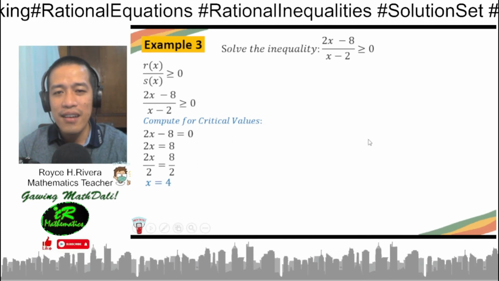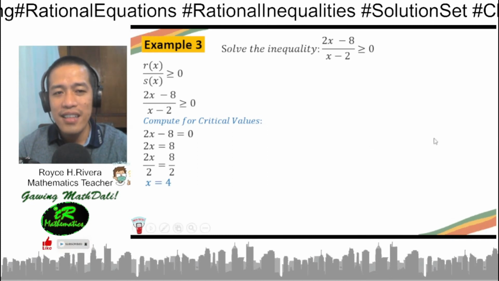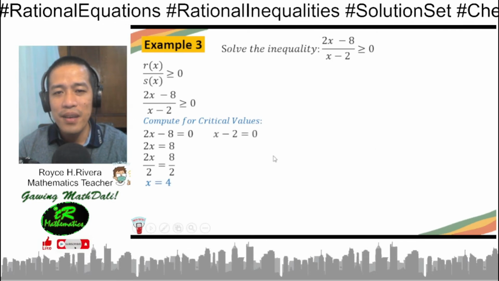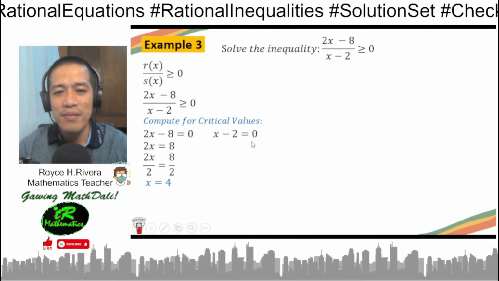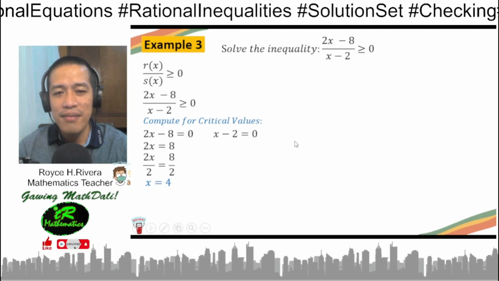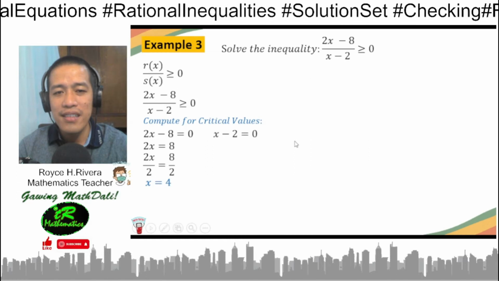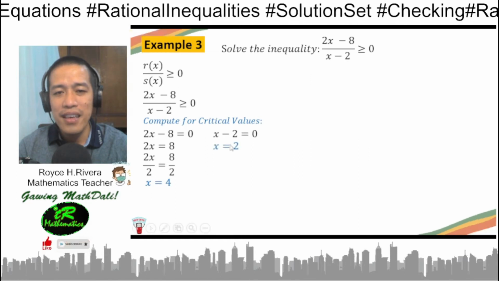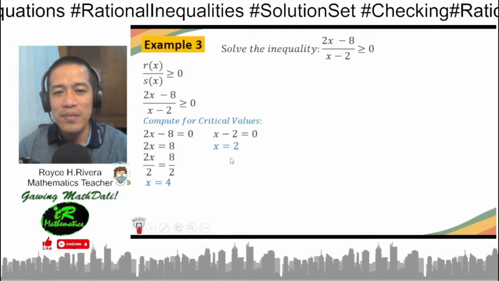Now we get the second critical value by equating the denominator to 0. Then adding the additive inverse of negative 2 to both sides of the equation, we will get x equals 2, our